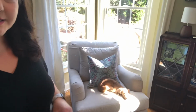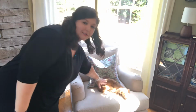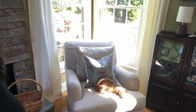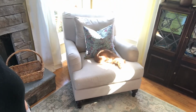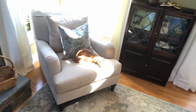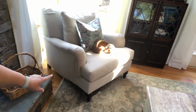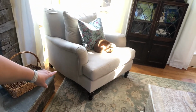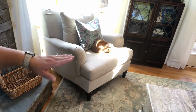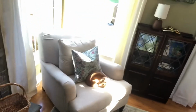furniture. So this chair right here, of course it has my cute little dachshund on it as a little piece of decor. I don't know if you guys can really see it that well. So this is a really cool piece. I'm gonna try to pan around it to show you guys. If you can see, the front legs are a little bit more fancy, and then the back legs are a little bit more simple, and the chair actually slopes down like that. So this chair,